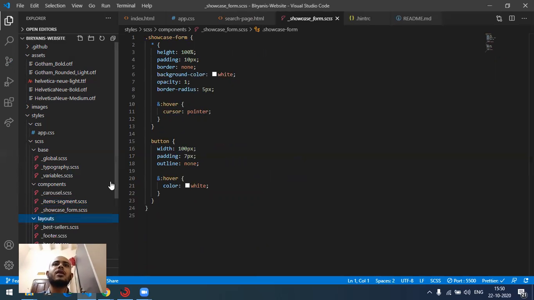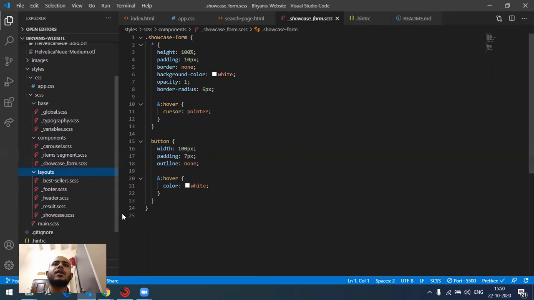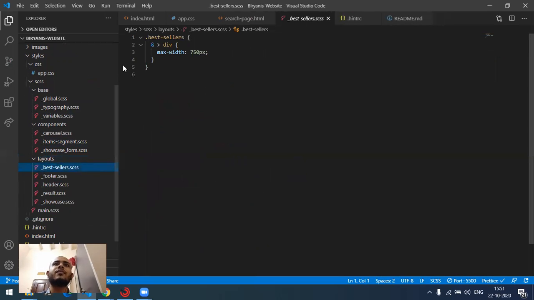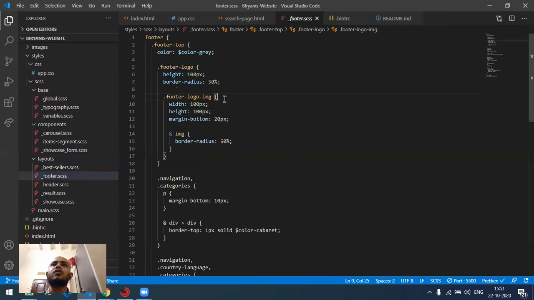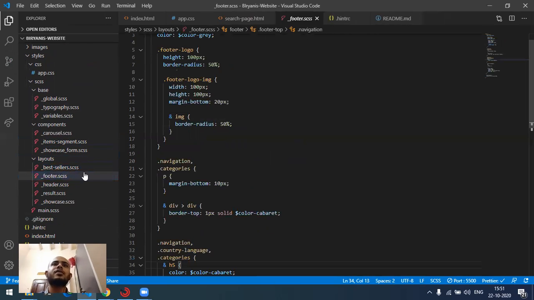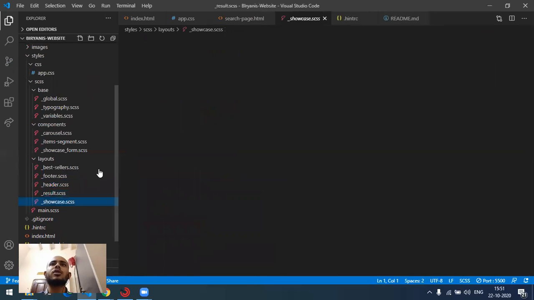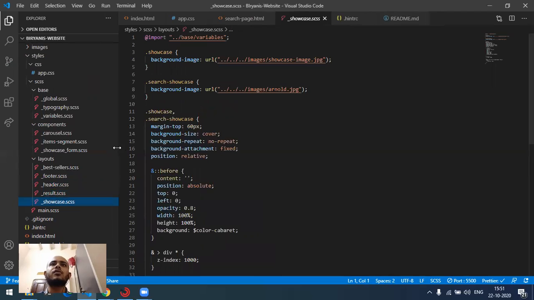Then finally the layout. In layout it consists of the class I made for selling biryani items. Then this is for styling the footer using SCSS, this is for styling the header, and this is for styling the other remaining sections, results and showcase. I use media queries for that.